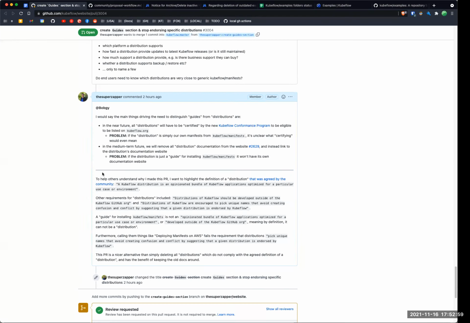Maybe the best thing is just to remove everything and just say kubectl apply on Kubernetes, with no endorsement or mention of any cloud here. Just figure it out on your own. That maybe is one way, or otherwise it is deploy Kubeflow on this cloud, deploy Kubeflow on that cloud. Why are we concerned whether it's a distribution, whether it's supported or not, and trying to classify these things?